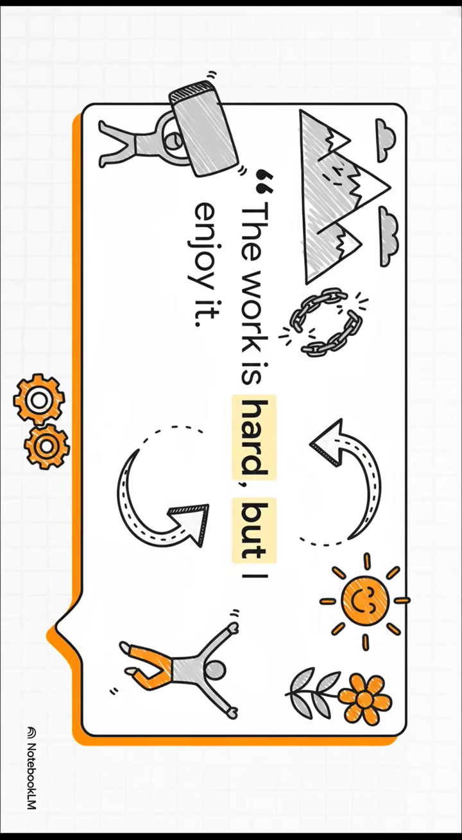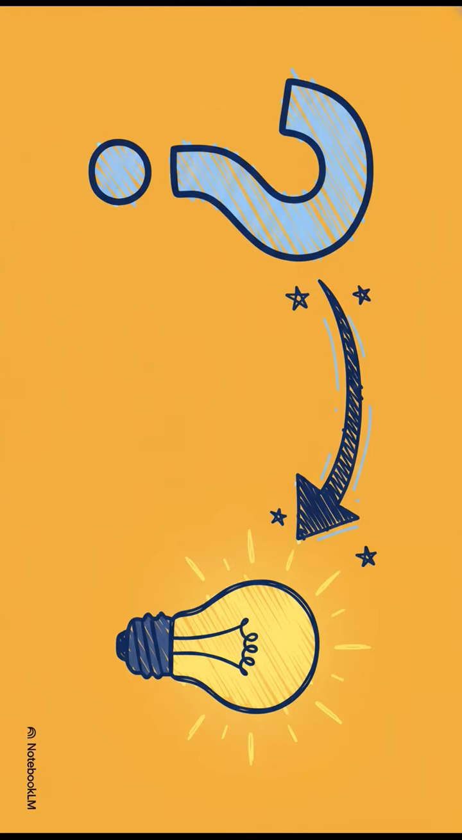And here's a perfect example. The work is hard, but I enjoy it. Just that one tiny word, but, does so much work. It links two totally different feelings, the struggle and the joy, into one single elegant sentence. Pretty cool, huh? All right, next up in our toolkit are the words that explain the why. These are absolutely